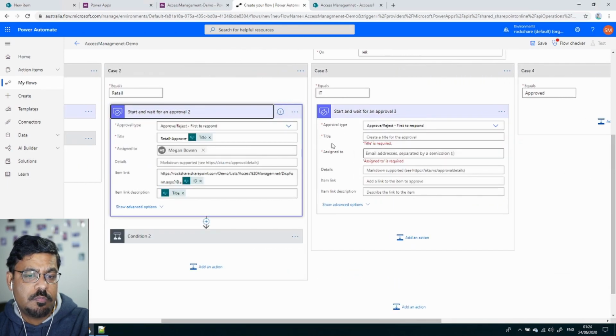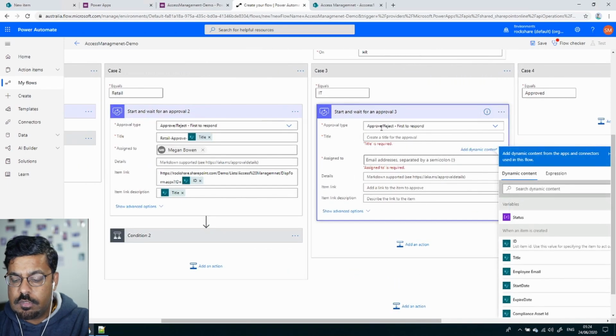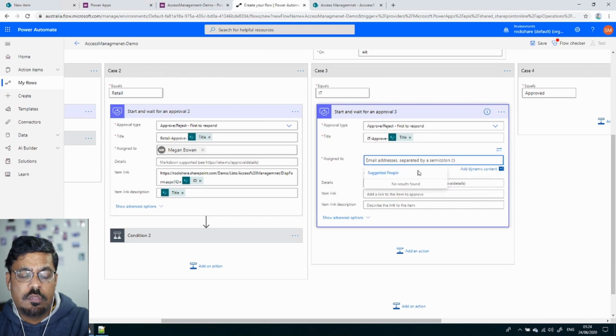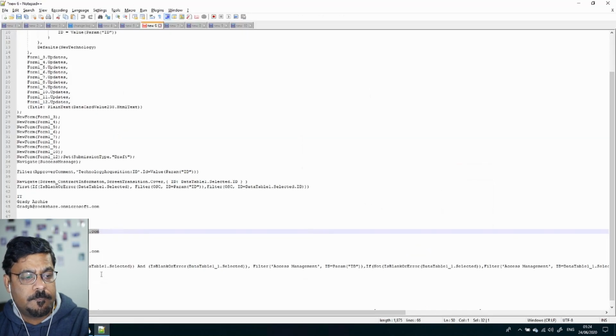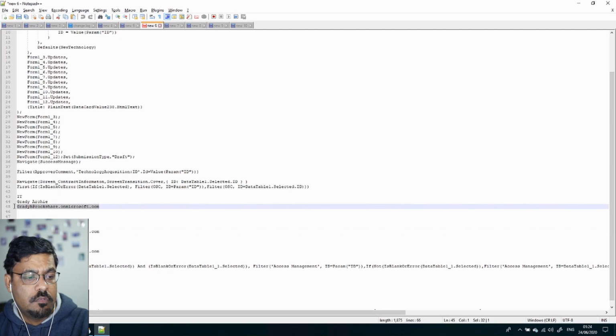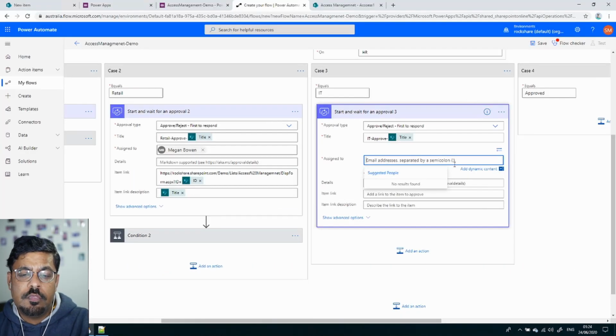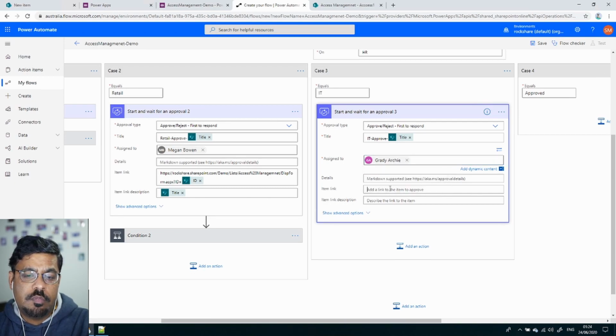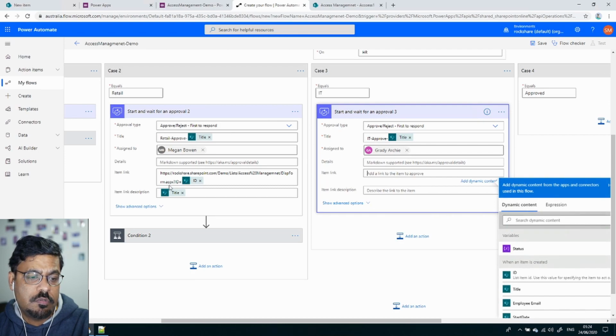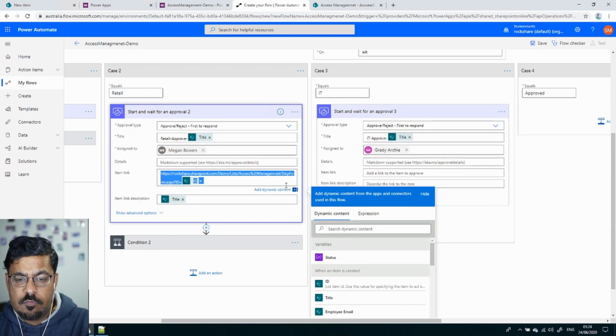Yep, so I just say IT and then approve, and then the title of this one, and then suggested user. As you can see, I put this user in my first slide. So Grady is my IT, and then I put the detail. I put this one in over here,